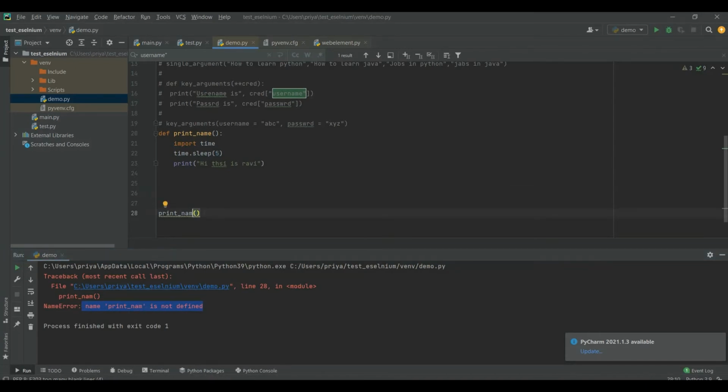Now let's do one small change. Let's keep this as it is, and let's not import the time module and then try to run it. In this case, it will come as module not found error. So it's very much required to identify all the preconditions, and then based on that we have to define the exception.